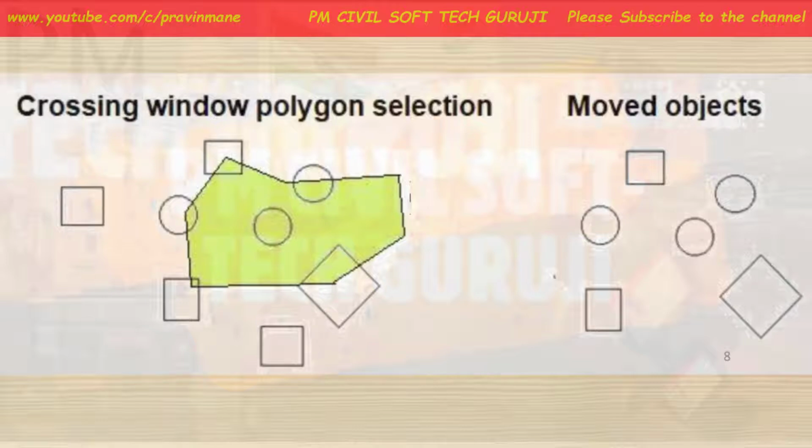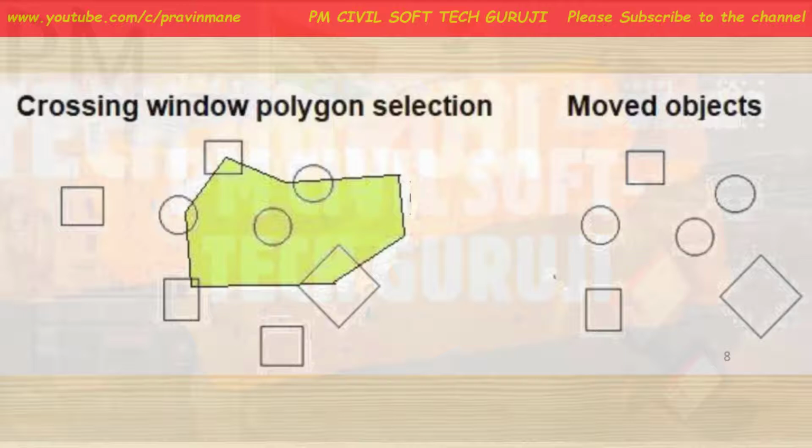We need to ensure that the polygon segments, the lines that are touching the object, should not intersect. That is also something we need to keep in mind. That is, the lines or boundaries of the polygon should not intersect each other. Press enter 2 times after finishing. Specify the displacement point to move the object. The object will be automatically moved.